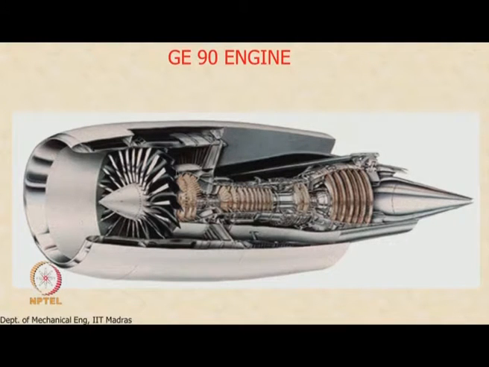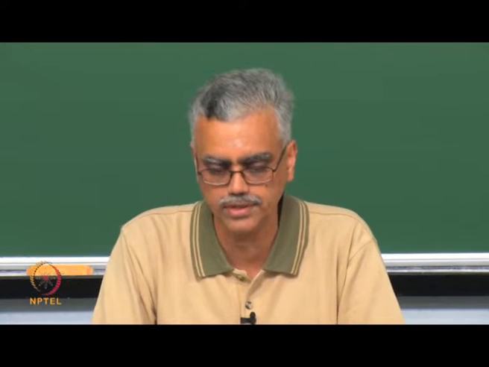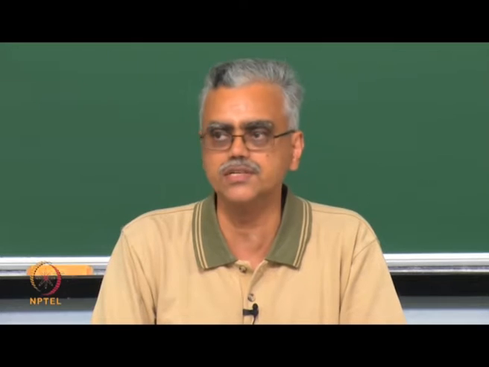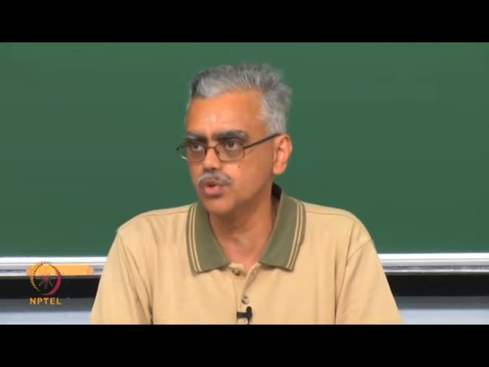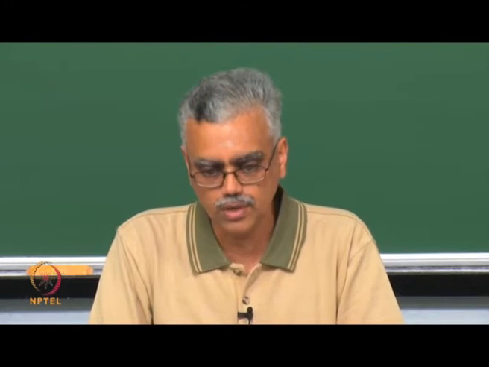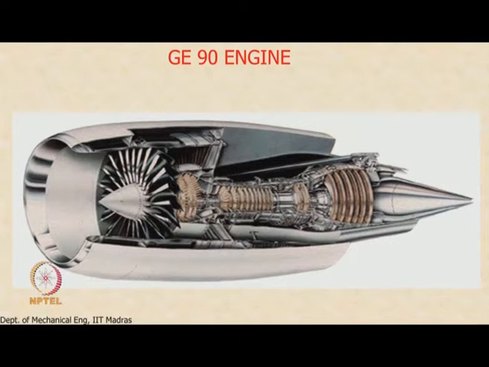The next engine that we will talk about is the GE90 engine, which is probably the biggest engine that GE offers, next only to the GEnx engine, which is the latest offering. This is probably the largest engine in service today, the biggest engine in terms of thrust produced. Again you see the same kind of thing: the moving blades of the fan, the stator blades of the fan and the fan nozzle. And then again you see the core engine, the compressor blades, the combustor, the turbine blades and the low pressure turbine blades and the hot nozzle.